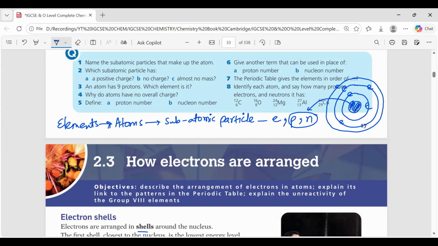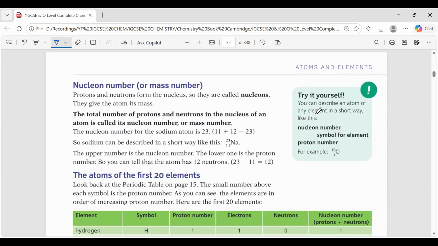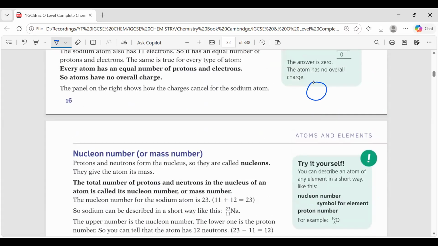And that's why we ask: what's the overall charge on the nucleus? In the nucleus you have protons as well as neutrons. These circles represent the neutron, and these the proton. So what is the overall charge on the nucleus? Positive charge. Okay, and then electrons reside in the